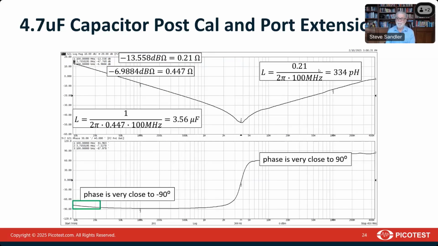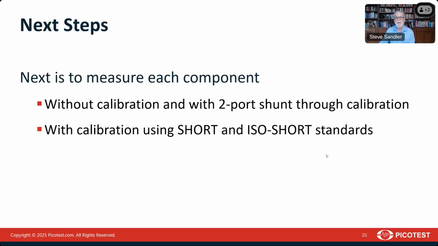And we can do the same thing with our capacitor. And here now you can see we have 3.56 microfarads. Again, you can see we have a low frequency error, but we're close to 90 degrees. At the higher frequency on the inductive side, you can see again we're close to 90 degrees. And now you can see that we're measuring 334 picohenries, which is very close to the right answer,